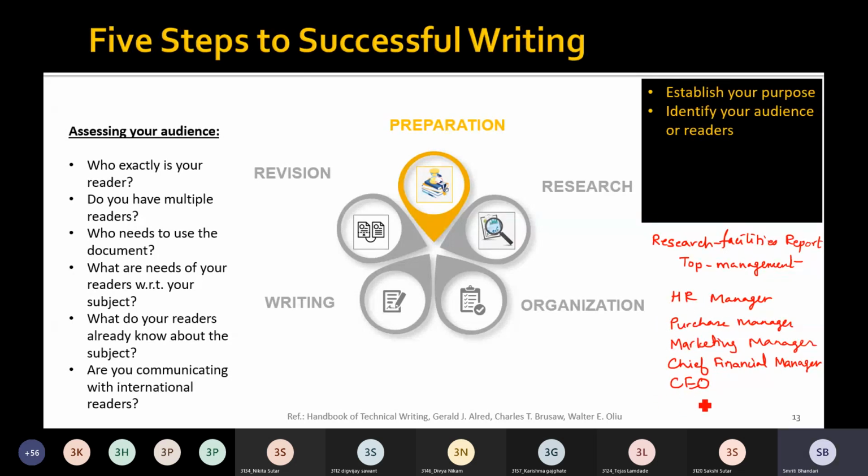So these are the categories of readers who are going to read this particular report.